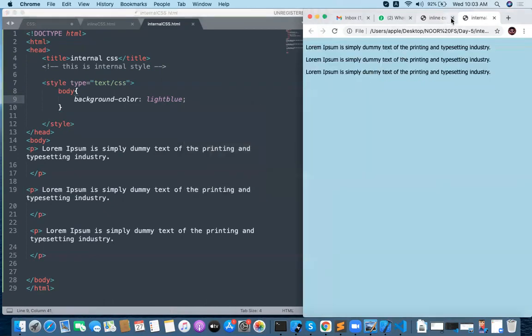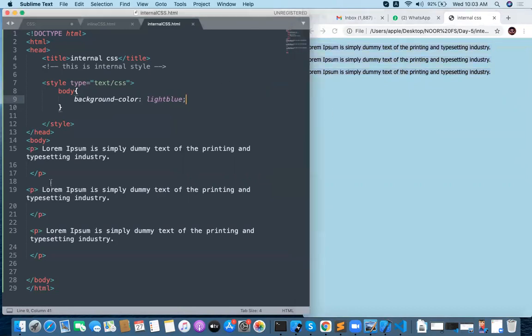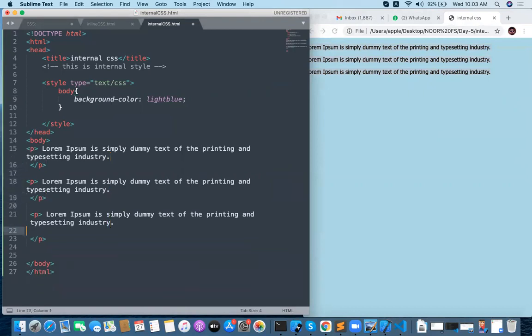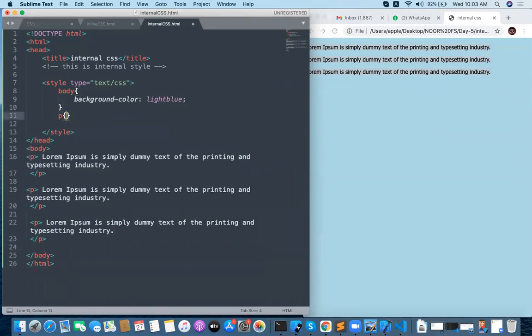Open in the browser. Can you see? Background color blue is applied and automatically the three paragraphs are in black color. But I don't want to show black color paragraphs. My requirement is to apply a style for the paragraphs: color will be red, semicolon, font style will be italic.